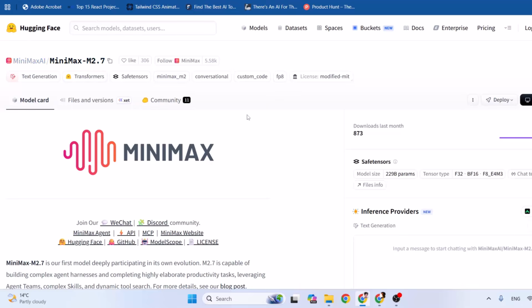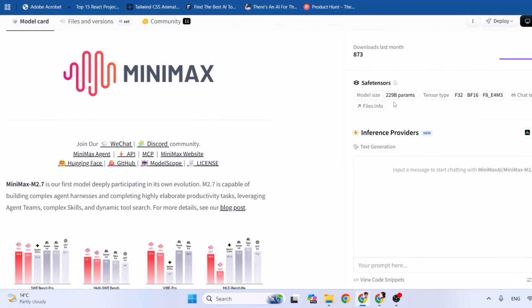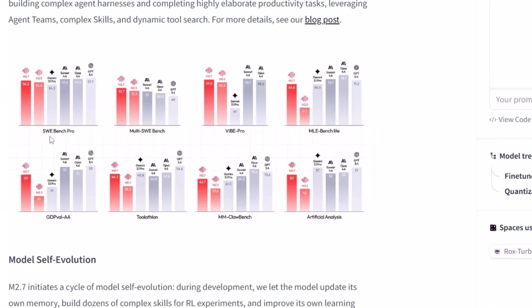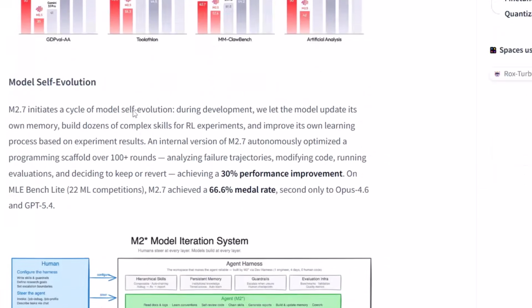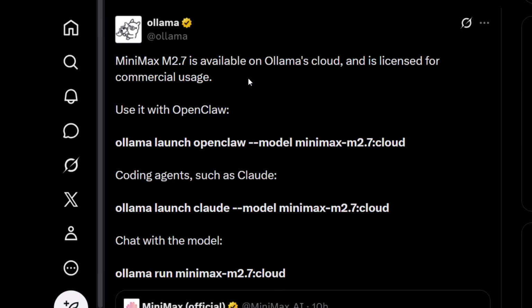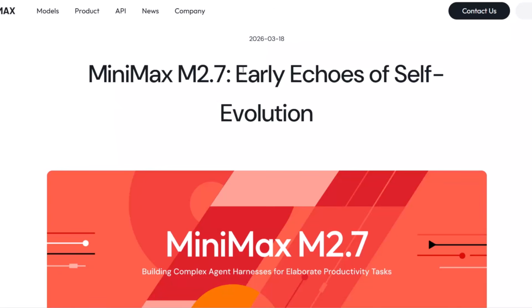Look at it, just come here, and it has 229 billion parameters. You can check that, and you can see the benchmark also, the SWE-Bench Pro mark, which is 56. Almost close to the best top models like Anthropic and GPT. And the best part, you can access it through Ollama also, and come here to their blog,